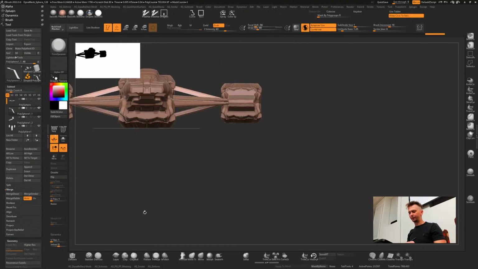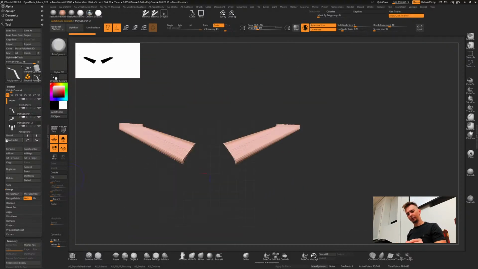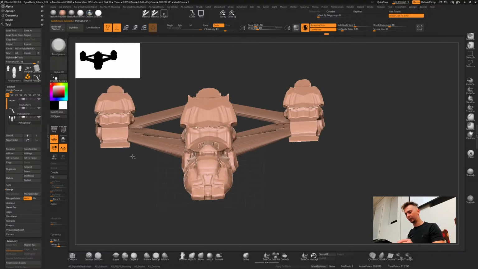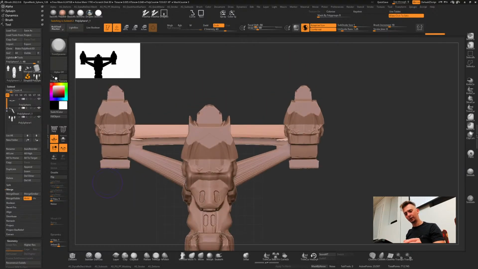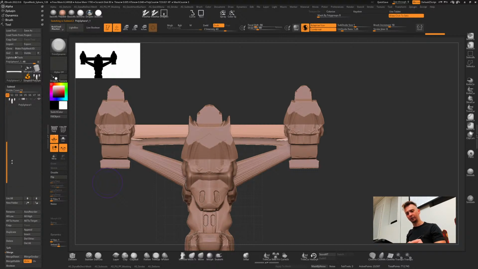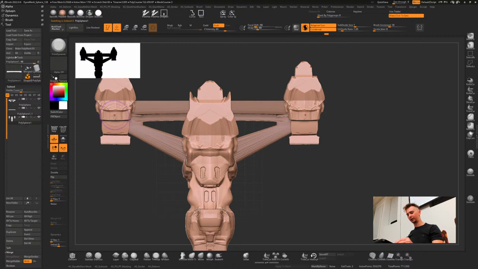The balance here is to make sure not to have too many separate pieces, because I want the freedom of going in and modifying. Everyone is different, but here I have three pieces, and I'm already starting to feel like I have too many things to control.